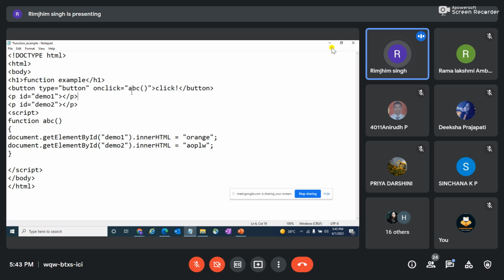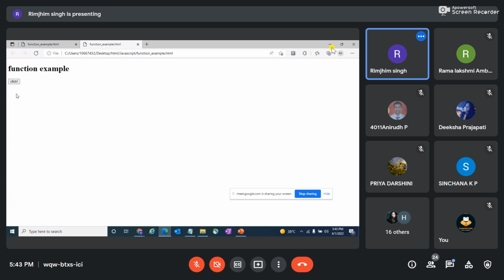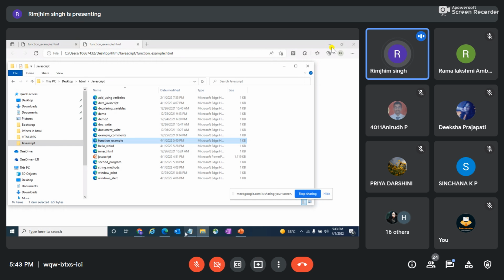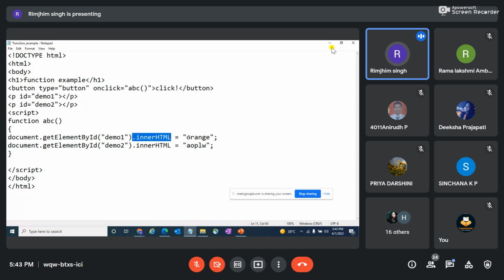But we always have to make sure, like, this is a disadvantage which I feel in JavaScript. We mainly have to declare a button or anything of such to call my particular function. So, for example, here on the click of my button, I was calling my function. Let me just run it. On the click of my button, it is calling this particular function which I've written here, and innerHTML is printing this particular output.